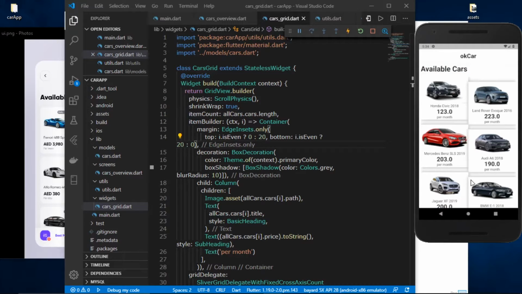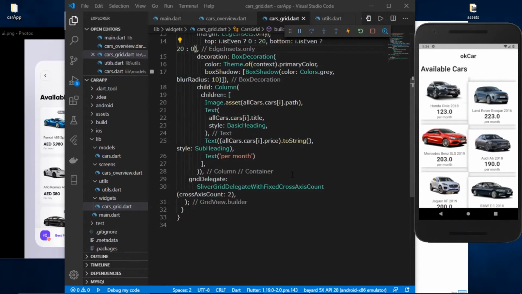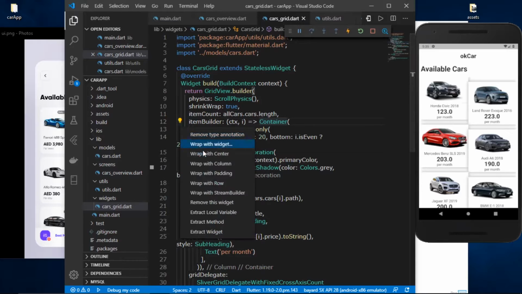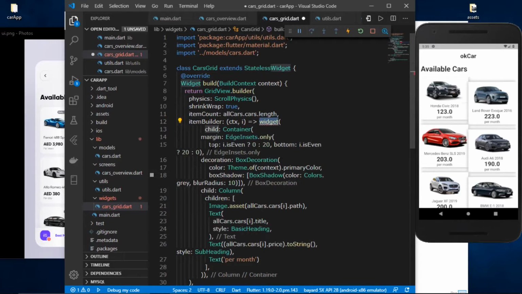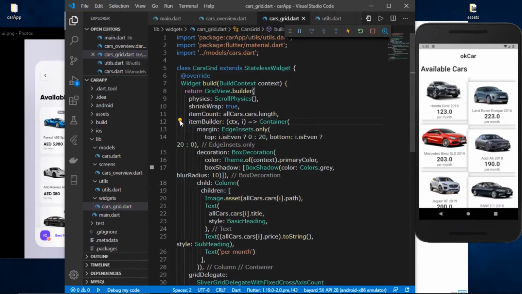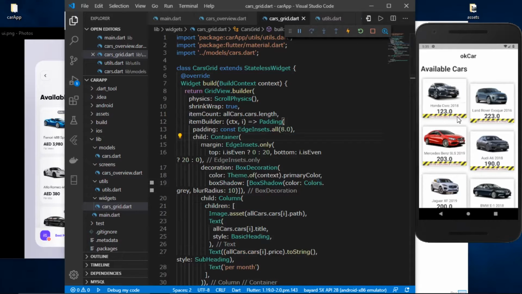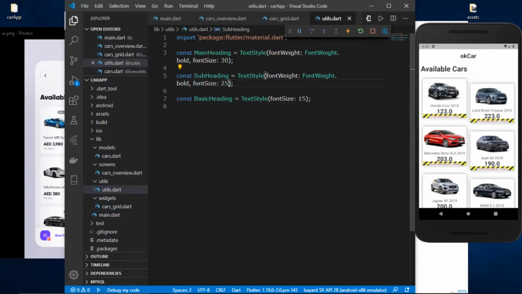And yes, so now what we can do is give some padding between all of these margins because they are overlapping. So what we can do is wrap this container with a widget which will be the padding. Okay, so I can directly wrap it with some padding. So yes, wrap it with padding. Let's save it, and now we are getting this error because there is not much space over here. So what I'm going to do is make the price a bit smaller. So over here I'm going to just put it 20. Let's save it. Okay, so now it looks great,